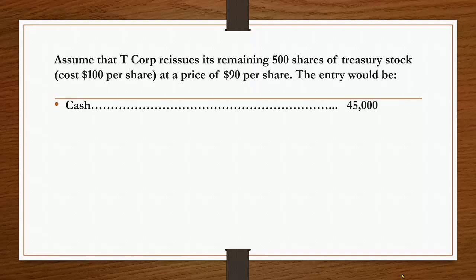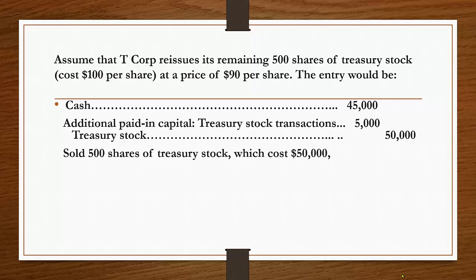So the entry would be cash debit by 45,000, additional paid in capital treasury stock because there is a loss on the share. The company is selling its share at a lesser price, so it is $10 less than the cost, so 10 multiplied by 500 will give us 5,000. So in this case we will have to debit additional paid in capital by 5,000, and we will have to credit treasury stock by 50,000, and in the narration we can write sold 500 shares of treasury stock which cost